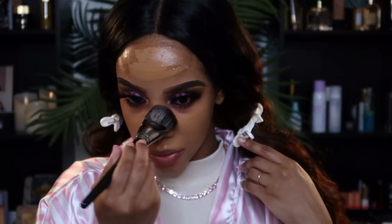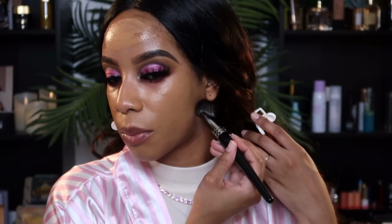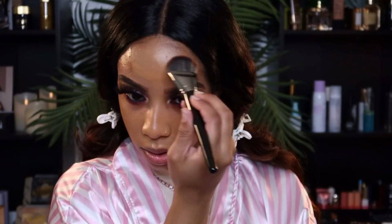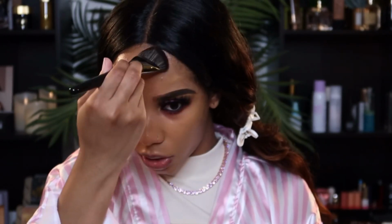I like the way the brush is blending in this product. It looks really beautiful on the skin, and I'm just going to bring it down on my neck. This is really pretty. I have to be careful when I get close to my brows, so I'm going to take a smaller detailed brush to get right there. But overall this is looking good. Ooh,